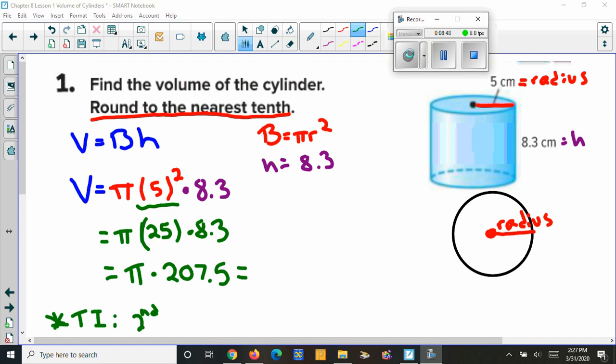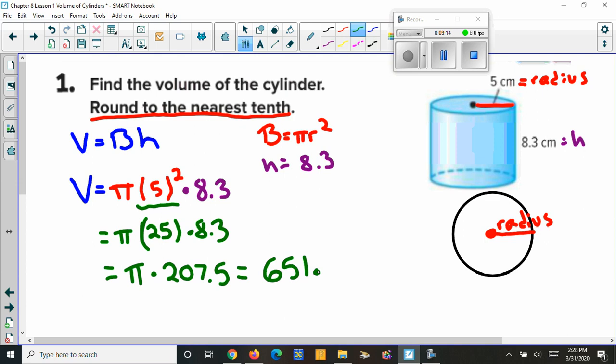I apologize. I'm actually going to back that up. I'll put that separately on any post I make. But I'm going to go ahead and multiply. So times pi, I get an answer of 651 point. Well, my calculator says